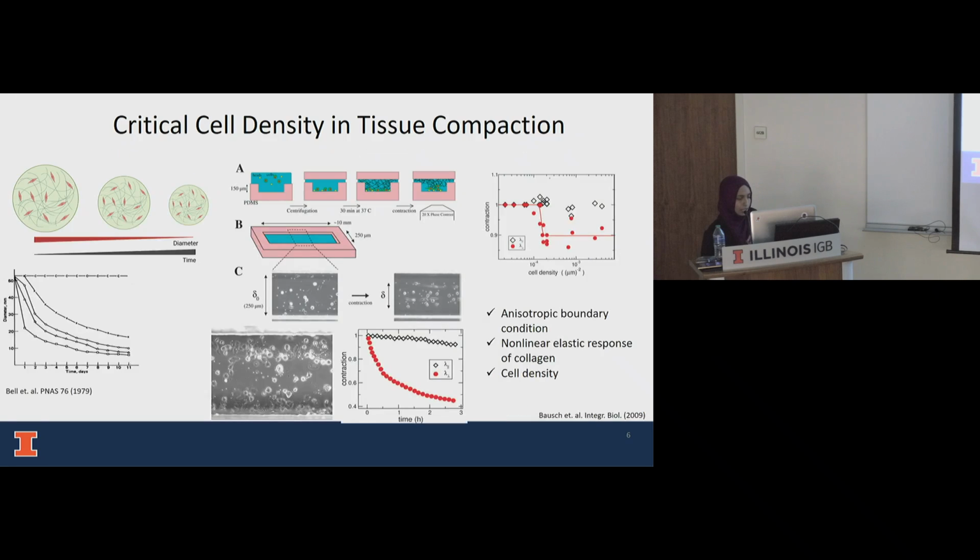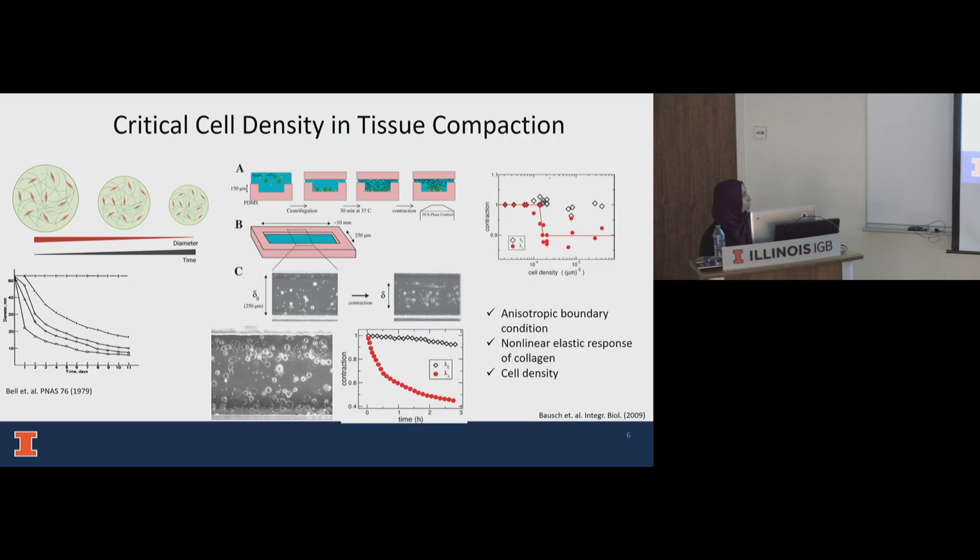Now we go back to the cell compaction phenomena. It was first observed by Bell in 1979. As you can see, it's a rather old phenomenon where the authors simply mixed cells with any sort of ECM protein, for example, collagen or fibrin. They used different numbers of cells and looked at how these tissues form, and they saw that, with time, the cells eventually contract the whole tissue. In their case, it was circular disc-shaped tissues with a diameter which shrank over time.